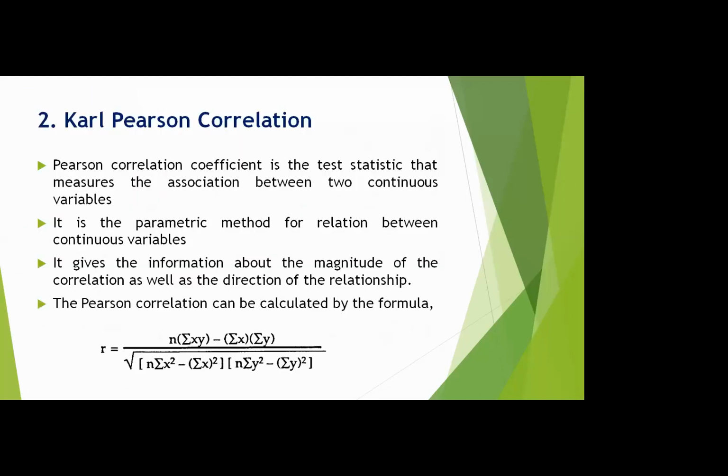So we were discussing Karl-Pearson correlation. If we have two sets of continuous variables and we want to correlate them with each other, it is a parametric test for correlation, which is the Karl-Pearson correlation, and the data should be normal. Only then do we use this Karl-Pearson correlation, as it is a parametric test. And using the Karl-Pearson correlation, we will get the direction and magnitude of the relationship between two variables, X and Y.